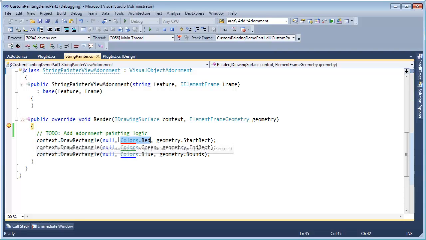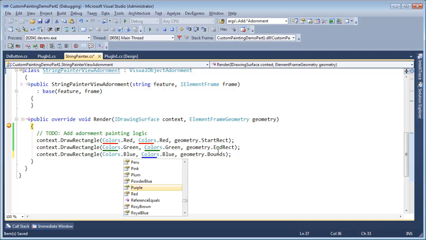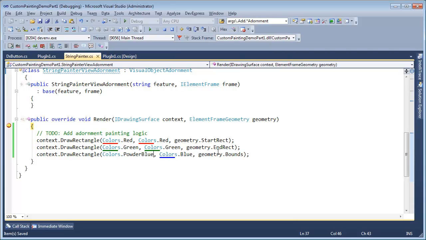So what we can do is we can now pass in a fill color for the first one and a fill color for the second one, the red and green, those are the outside edges. And that's essentially the start rect and end rect for the geometry. The geometry is the geometry for the shape and where it appears on screen. And then the last one here, we'll just keep the color blue here. Actually, let's change this to actually fill in the background. But let's change it to a much lighter blue, like powder blue. And let's put it at the beginning. And then let's see what it looks